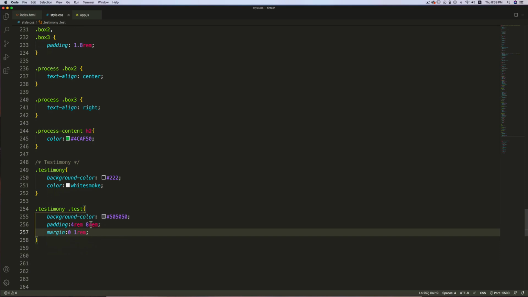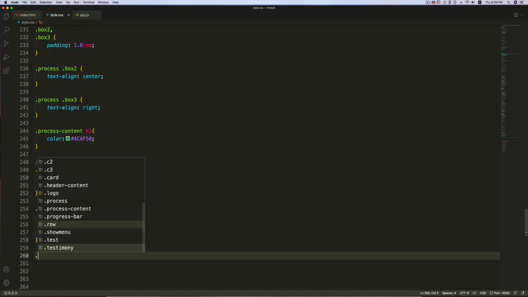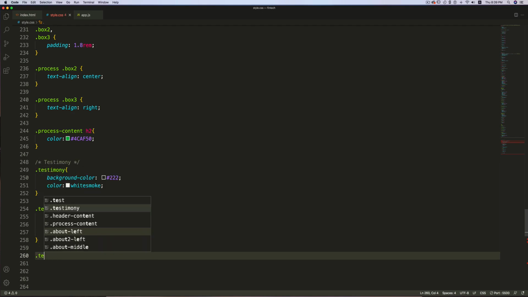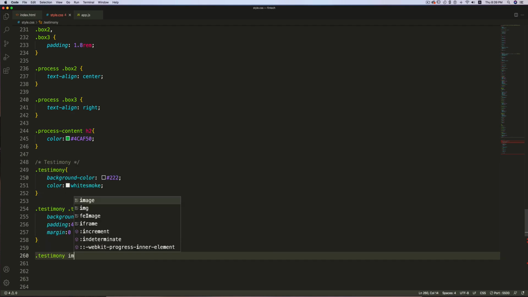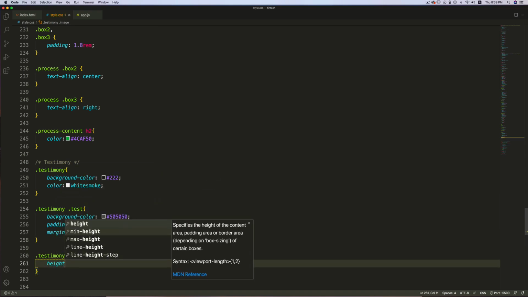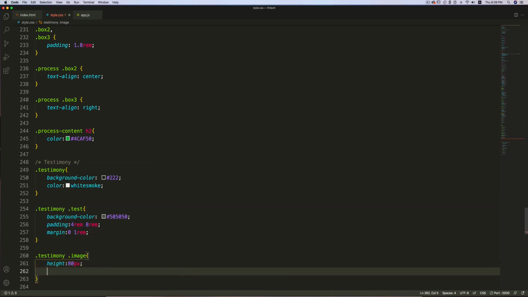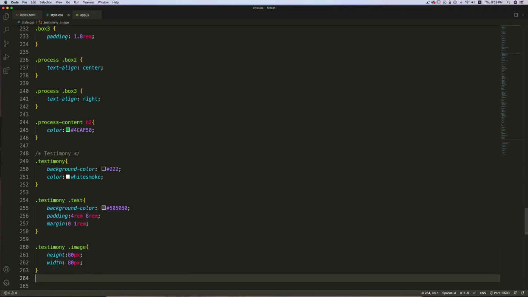So 10 pixel margin right and left. Then I'm going to target the image. Testimony image, this is our div, and height I'm going to specify 80 pixel, and width I'm going to specify 80 pixel, and then I'm going to target the image tag itself.